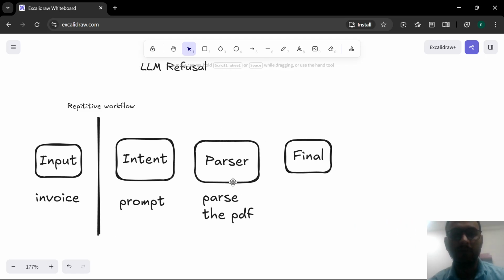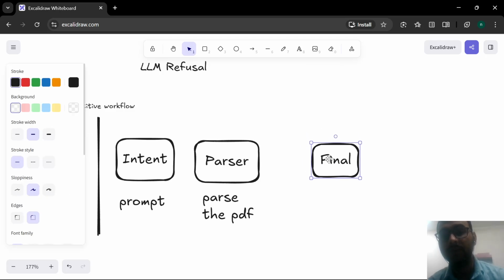So after we are in the parsing, after I parse this, I give it to the final layer, which does the final call. So what does the final layer do? It passes the